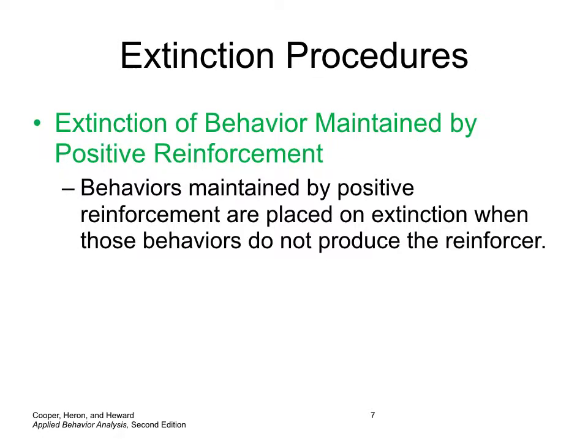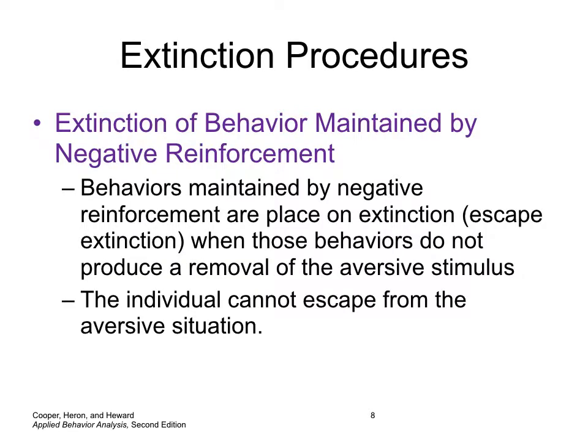So the first example, behaviors maintained by positive reinforcement are placed on extinction when those behaviors do not produce the reinforcer. For example, if a student's problem behavior is maintained by teacher's attention, the teacher can withhold his attention when the behavior happens. So this is a form of ignoring. Second example,